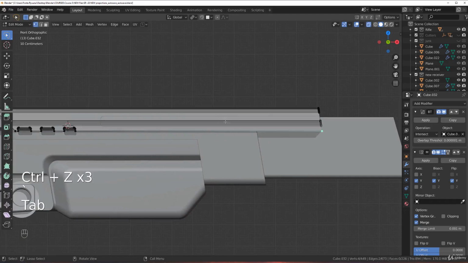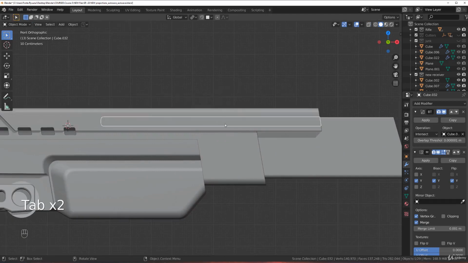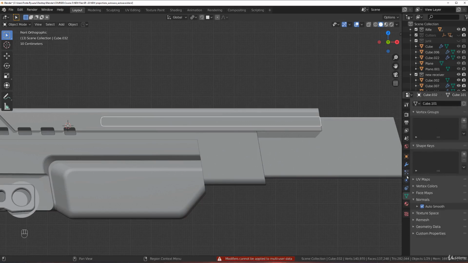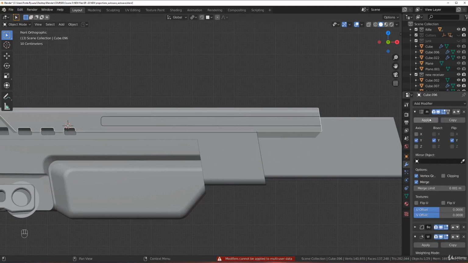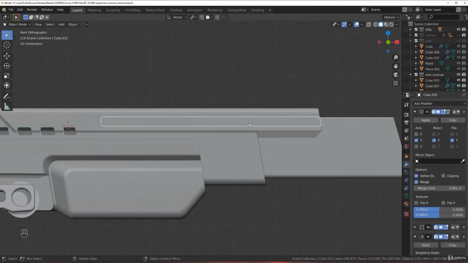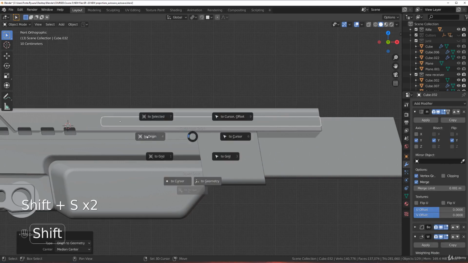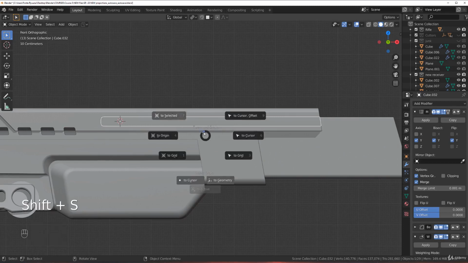Wait a minute, is this a separate object? Ah, something's not applied here yet. Right, the data. I thought it applied it, but I didn't because the data was blocking me from doing it. There we go. So now we should be fine. Shift S, and there we go. So let's move cursor to selected,